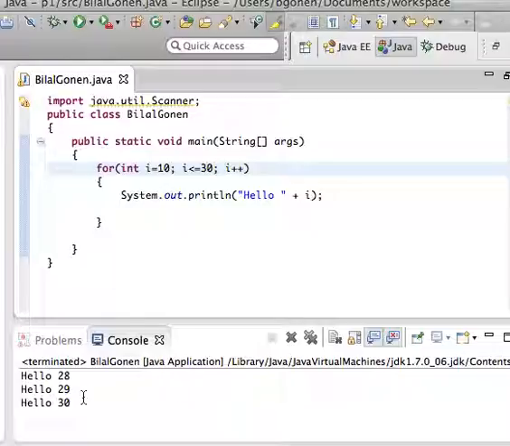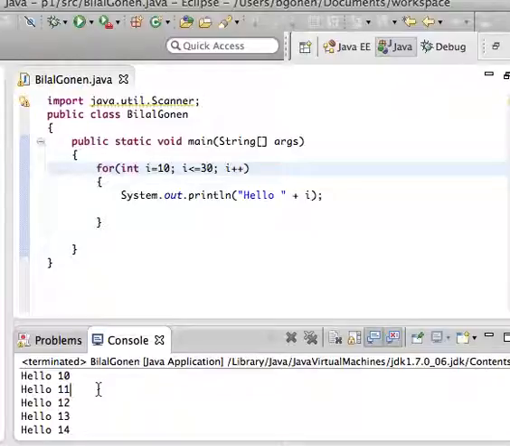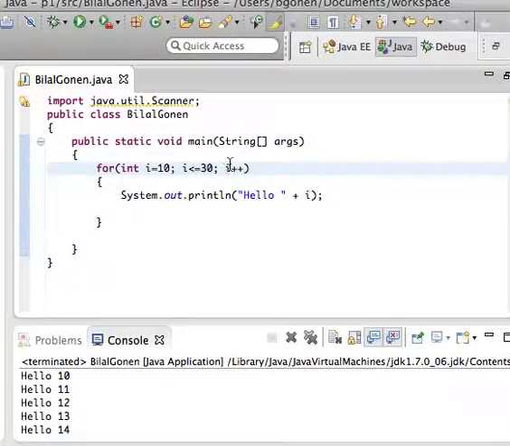No, this is not what I want. It displays from 10 to 30, but it increments by 1 in each iteration. How can I fix this? So in here, in the update part, we have i++. It means it increments i by 1 in each iteration. Instead of doing it, if I say